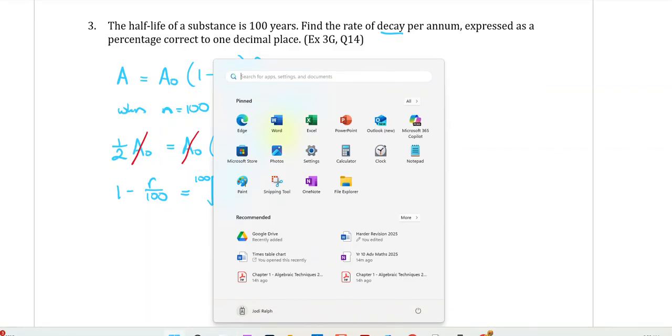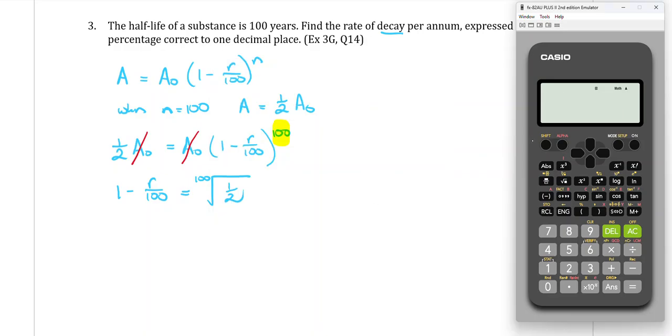So I need to calculate that. So for a 100th root, we can do shift and that button to bring up the proper root sign that I need. Put the power of 100 on that, and then I'm just going to put 0.5 or half underneath there, and we get